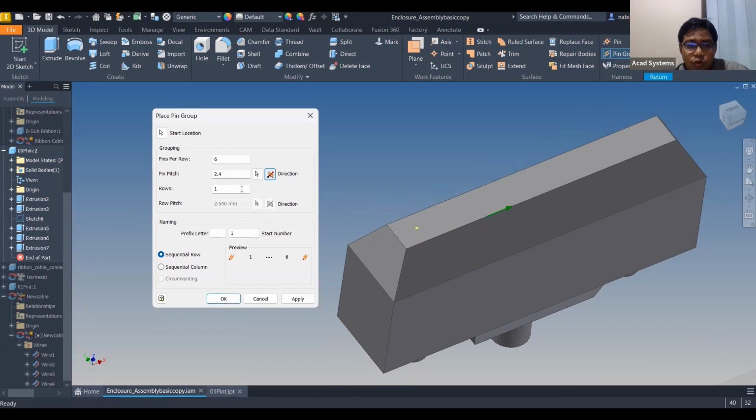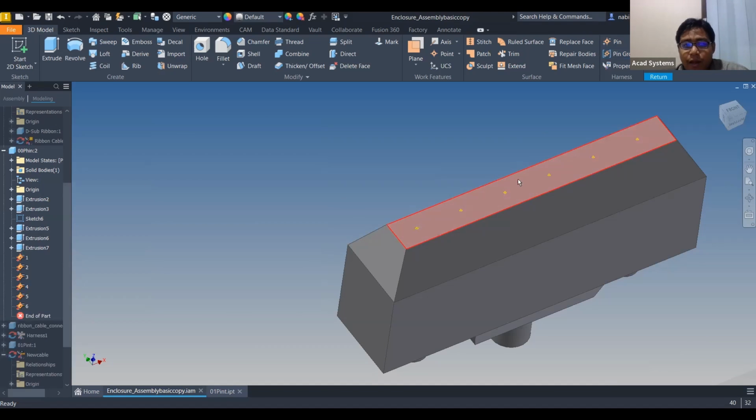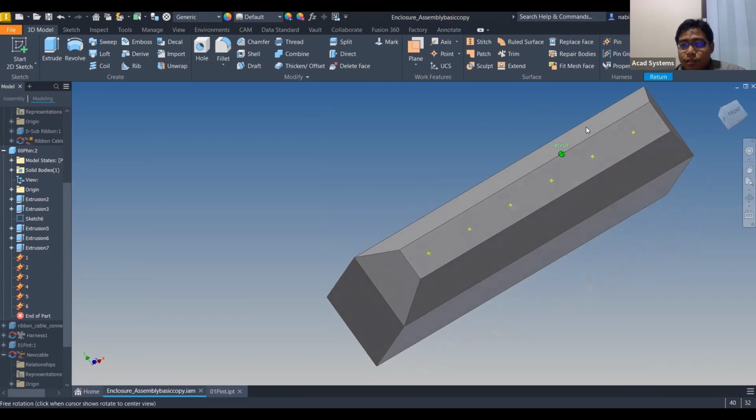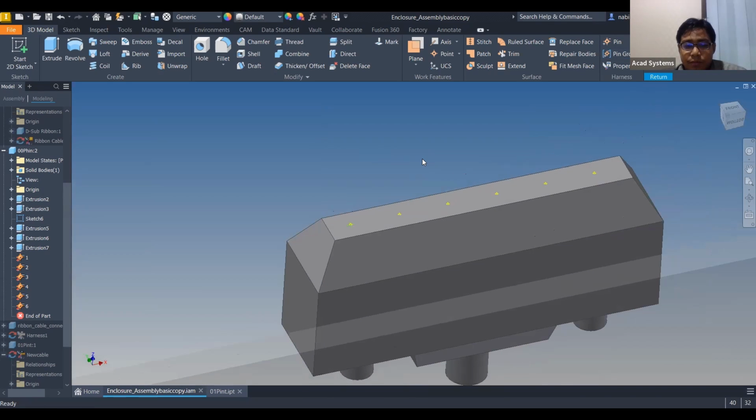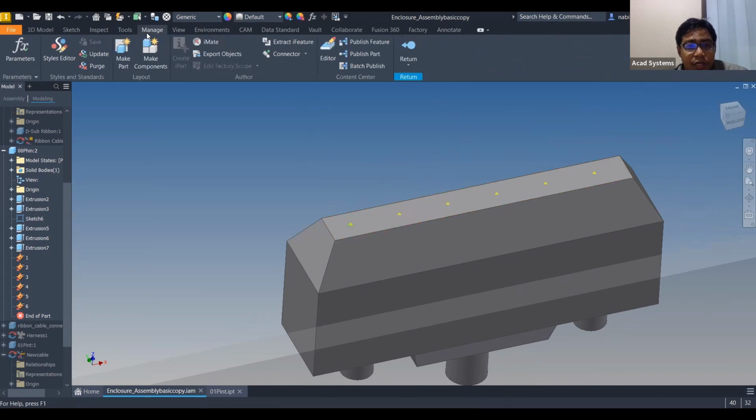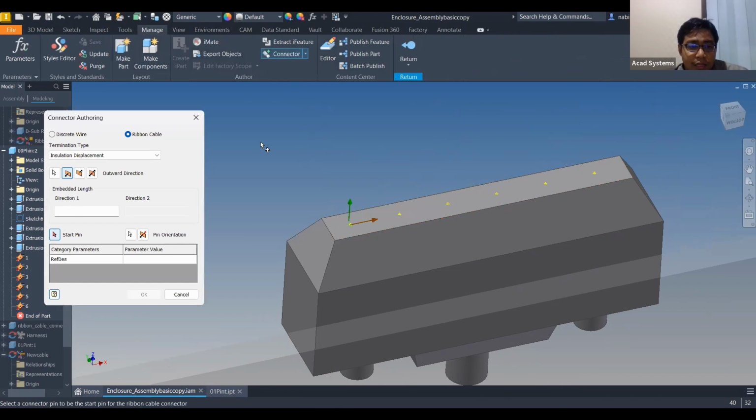We can also add rows, but in this case I'm going to leave rows as 1 only, and hit OK, and then we now have multiple pins created that we can use for ribbons. Before we go back, we needed to specify the direction first. So go back to Manage, click Connectors, and make sure this is a ribbon cable instead of wires. I'll click ribbon cables, and then I can specify the direction will be this,